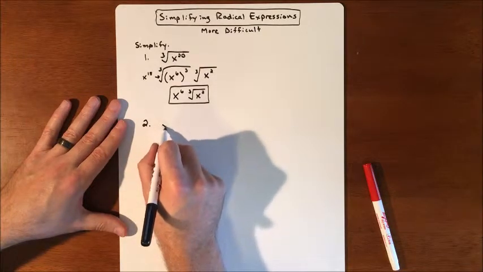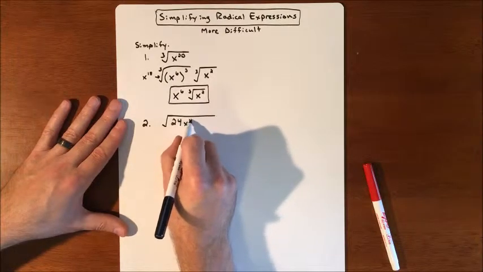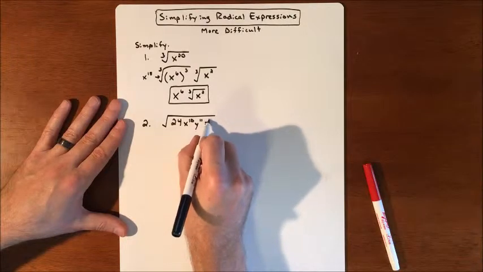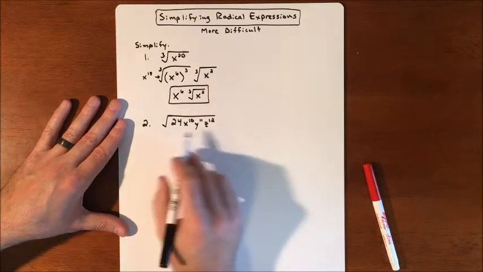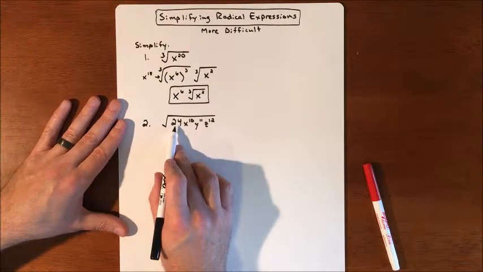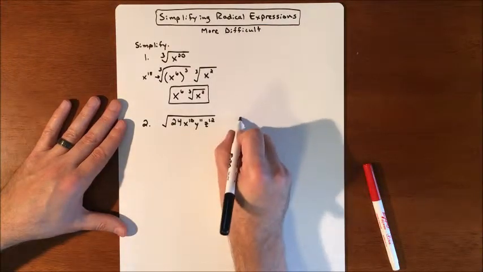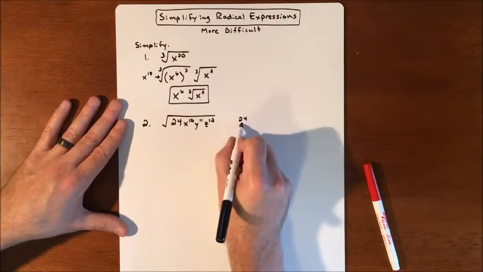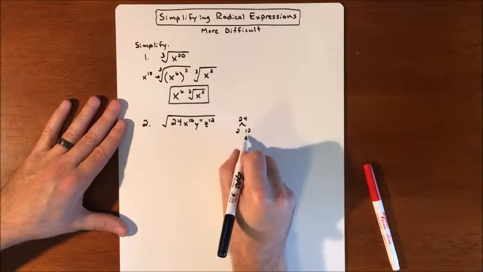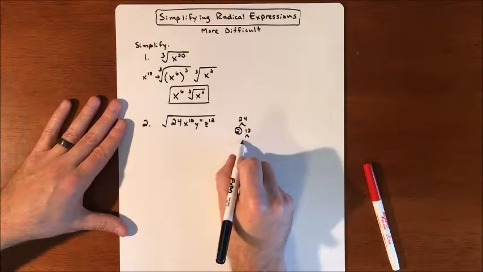We're going to take the square root this time of 24 x to the 10th, y to the 11th, and z to the 12th. All right. Now we're looking for perfect squares out of this, so we're going to see if we can do that division idea. So first thing I need to do is let's break 24 apart. And you can figure out what the perfect square is, but sometimes it's just nice to do a factor tree and see what 24 really consists of. So let's say you factor it into 2 and 12,